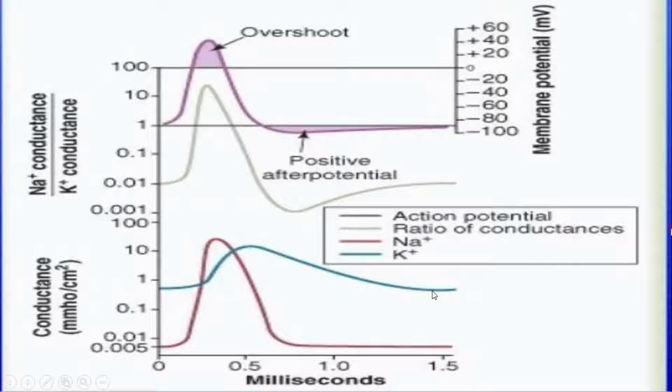So if you apply a slow, small current to a membrane, what will happen? There will be a phenomenon called accommodation, because when the sodium channels are opening, you are giving a slow current, and the potassium channels have also started opening. So sodium will move into the cell, but potassium will move out of the cell. As a result, there will be no change in the membrane voltage. This is accommodation.